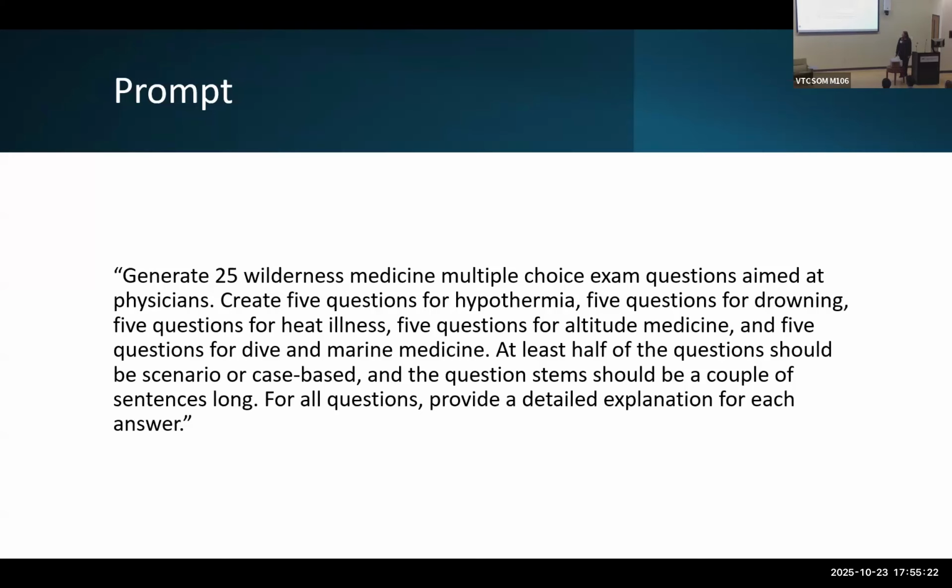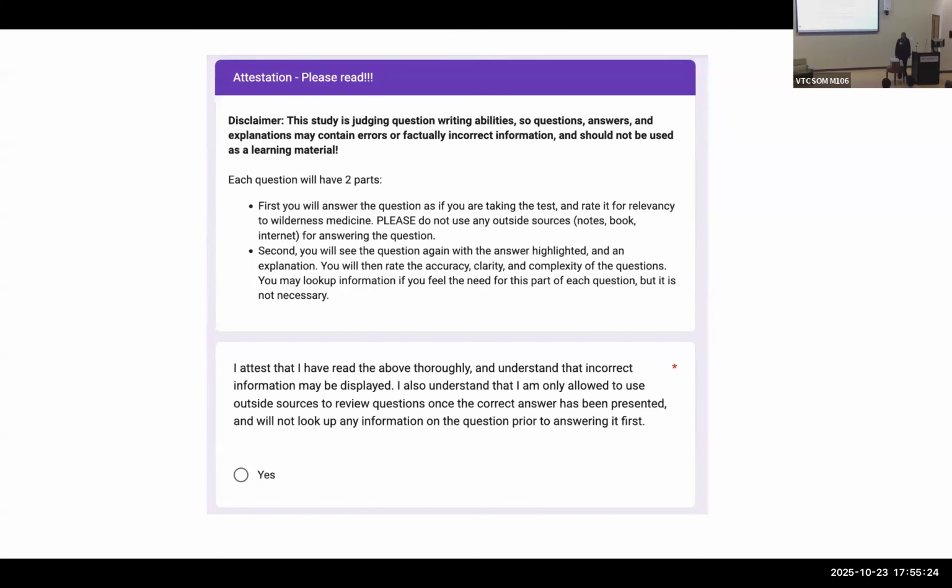So to let you know what this looks like, first of all, we let our participants know that they shouldn't base knowledge on this because these are AI untested questions and we did not review them beforehand. And we kind of gave them an idea of what we're looking for. We want to look at the relevancy. We wanted them just to answer the questions, not look up the answers somewhere. And then we tested it, they understood.